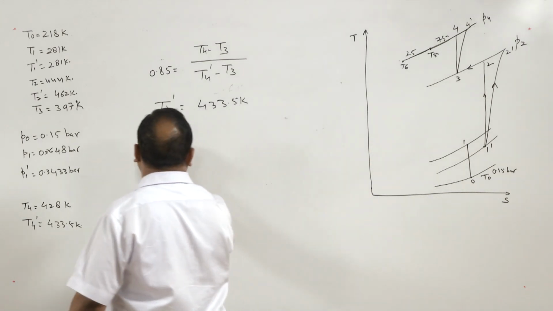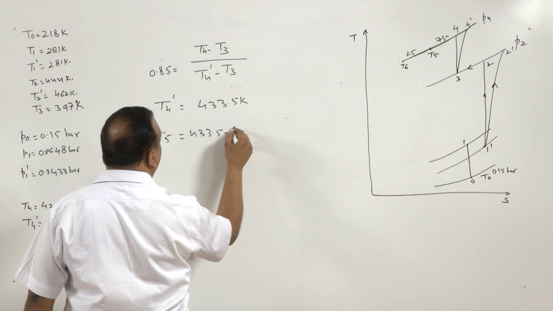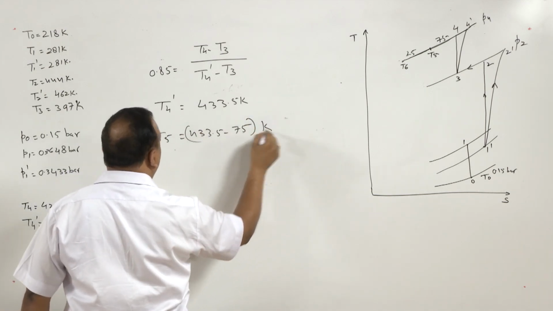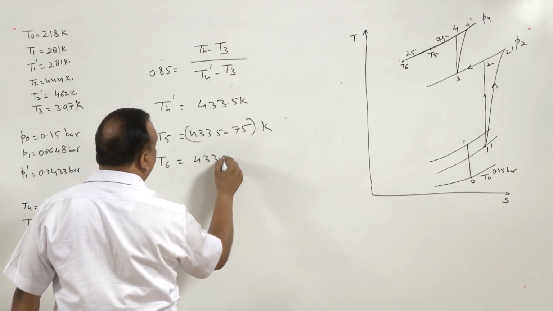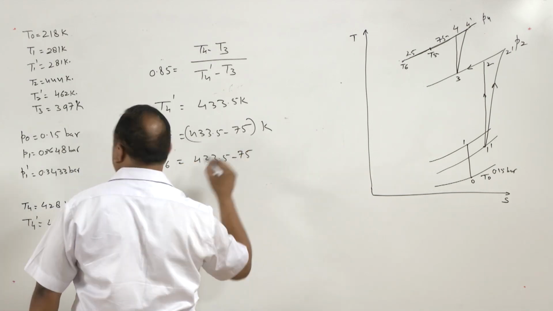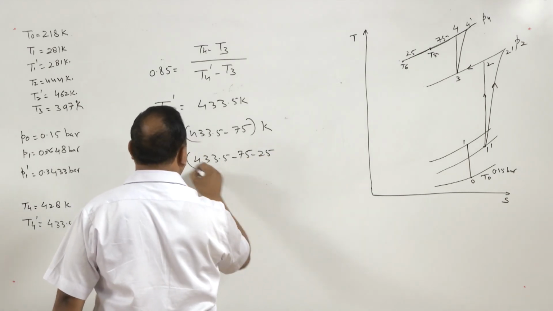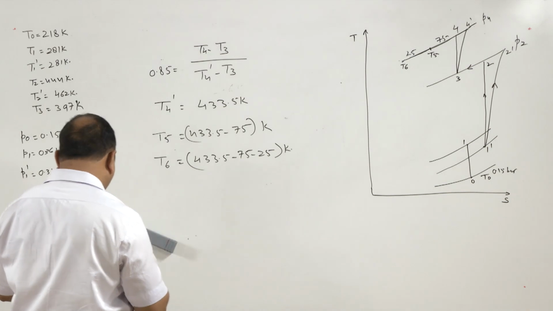So, T5 is 433.5 minus 75 Kelvin, and T6 is 433.5 minus 75 minus 25 Kelvin, and that is why we get T6 as